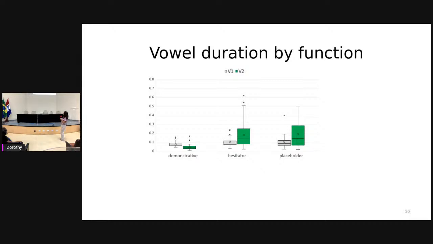So in the demonstrative you have the expected pattern, right? The first vowel in gray is longer than the second vowel because this is a stressed vowel. So this is expected. This is the way that Spanish is supposed to behave, right? But look at what happened with the hesitator and the placeholder. In those cases, you have the second vowels almost very long, longer than